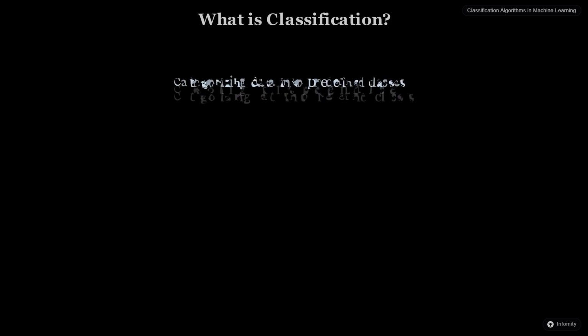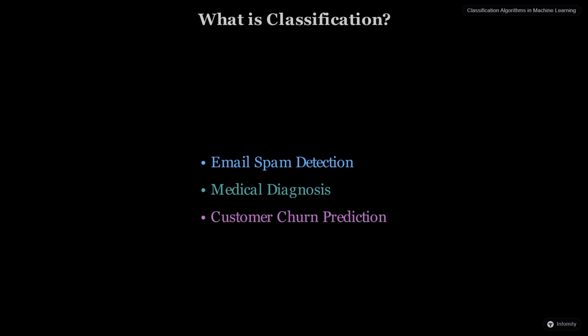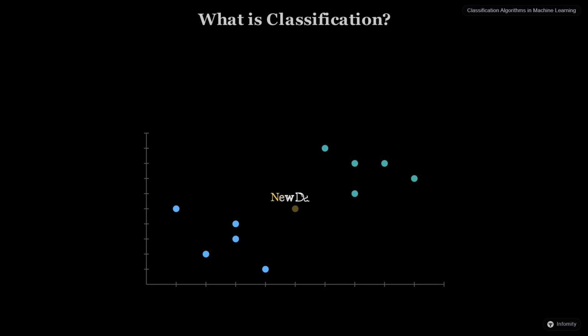Welcome to our deep dive into classification algorithms, a core concept in machine learning. Classification is about categorizing data into predefined classes or labels. Think of it like sorting items into different bins based on their characteristics. For instance, classification can be used to determine if an email is spam or not spam, diagnose whether a tumor is benign or malignant, or predict if a customer will stop using a service. At its heart, it's about making a decision for a new piece of data based on patterns learned from existing,